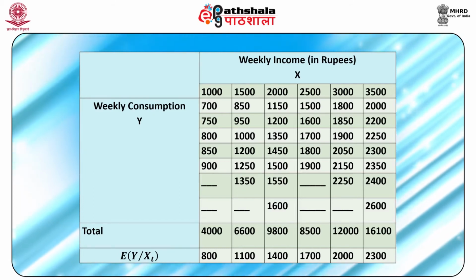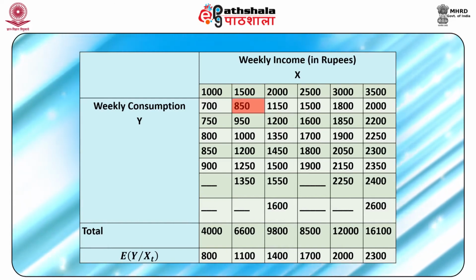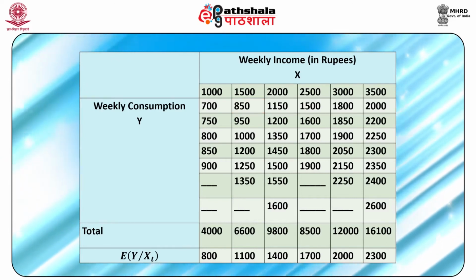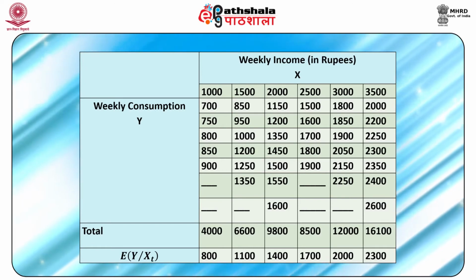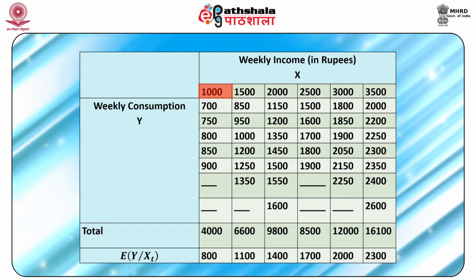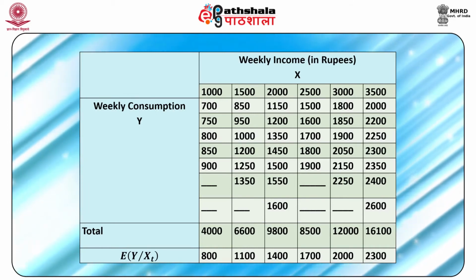For instance, there is a family with income of rupees 1,500 whose expenditure on consumption is just rupees 850, which is below the expenditure of one family whose income is rupees 1,000. So therefore, we are trying to say that there are families whose consumption expenditure deviates from the average expenditure,